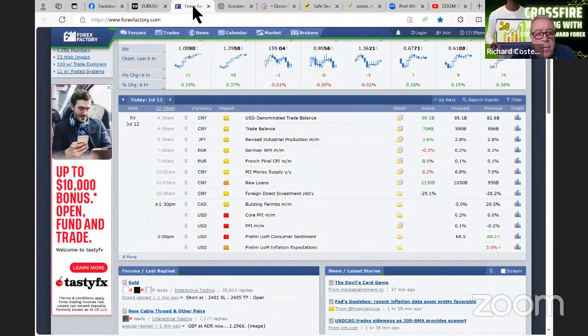I can see on forexfactory.com that at 1:30, which is in 22 minutes' time, we've got some US dollar red flag, red folder news items. There are two of them. There's also at 3 o'clock a red flag item and an orange flag item on the US dollar. So basically,